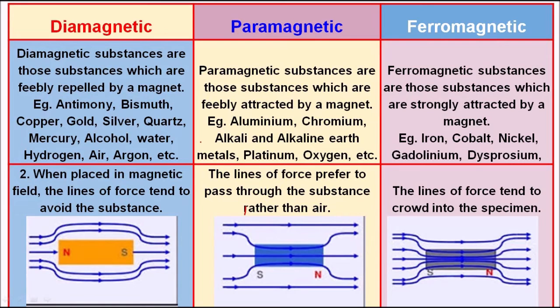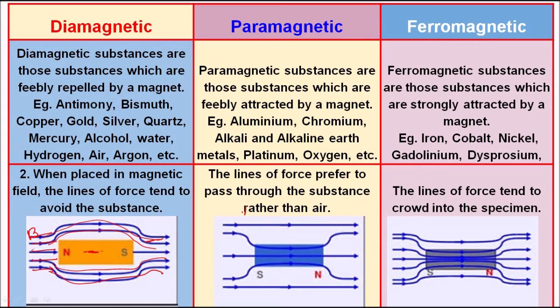See, when we keep the material into the field, the lines of force tend to avoid the substance. See, at this point there is a magnetic field B, but it cannot go through this. It is expelled from these substances. If we go like this, nothing can pass through. This is called a diamagnetic material. So many diamagnetic materials we have around us.